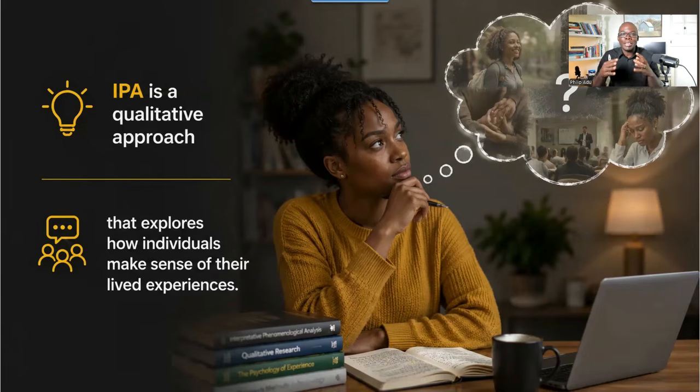Descriptive means that you are capturing participant experience. Participants give you information about what they have experienced, and then this is what you have to do. You analyze that information, describe that experience, and try to find the underlying characteristics about that experience. So you are technically describing participant experience so that you can identify unique characteristics, which is called the essence of